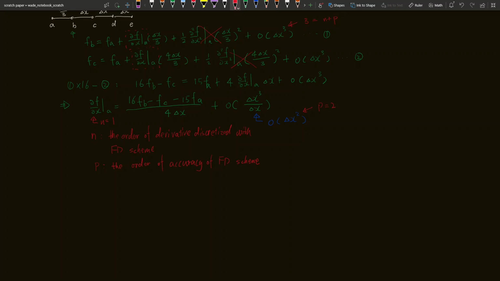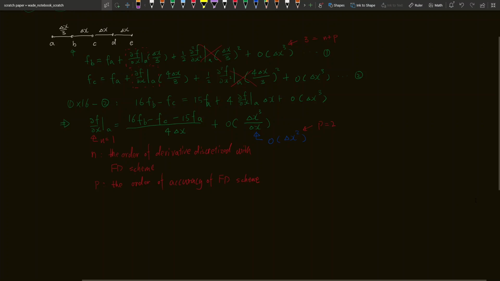So this is a truncation order of 3. It equals the order of the derivative where we want to apply the finite difference scheme and the order of accuracy of this finite difference scheme. So we can see here that